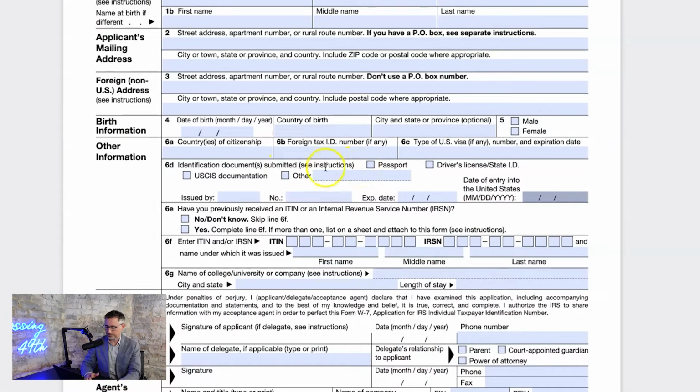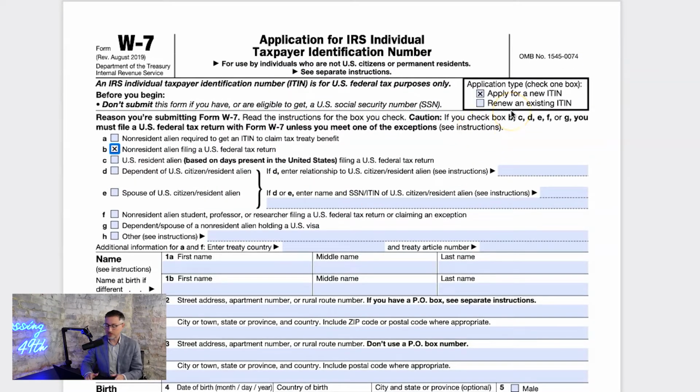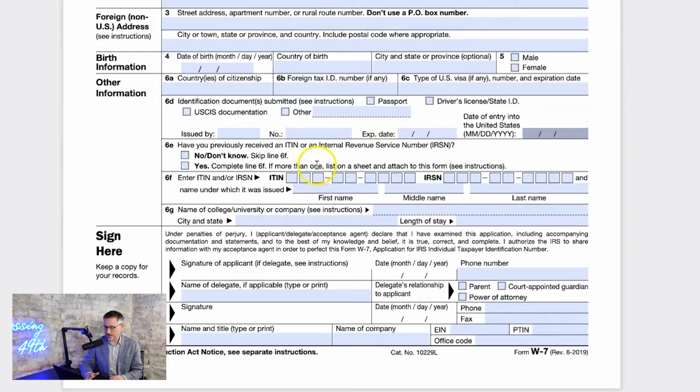Then you need to attach a piece of identification to the W7 for it to be valid. The easiest way to add a piece of ID is to add a copy of your passport. You see here there's information for the detail of your passport, and we'll get back to the passport in a second. Then there's a question about whether you previously received an ITIN or not, and the information about that ITIN, because this is the same application for renewing an ITIN. But in this case, that won't be the case. Then there's some information here that's likely N/A, and then the signing section down here.